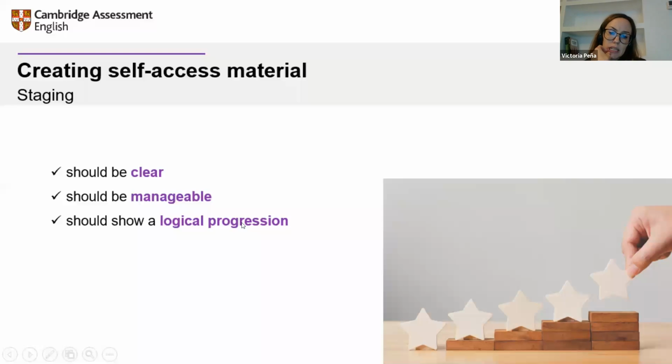George, I've just seen a question in the chat box asking about whether we should include time references for students to have in mind when they are doing the activity. I think it depends on your students, really, doesn't it? If you're creating material for a large number of students with a big range of abilities, it might not be so appropriate.